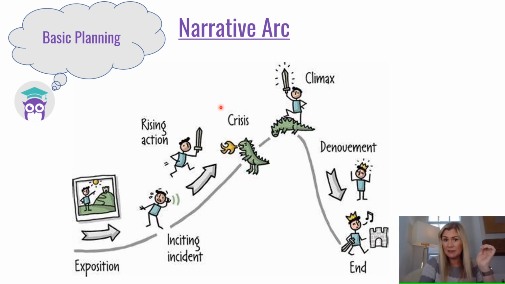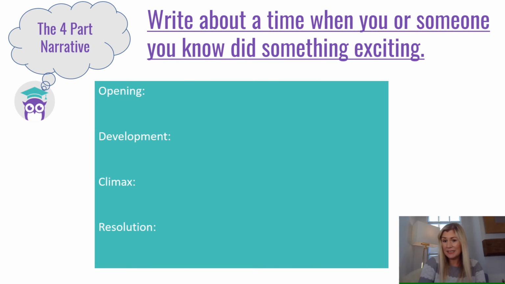Rising action that builds to a crisis, the climax of the crisis, and then all that is left to go is what we call the denouement, which is about reaching closure, tying up all the loose ends of the story. And this is your basic narrative: setting, development, climax, resolution. So when you're doing your planning, you need to think around 4 key areas that look a little bit like this. So when you're planning in the exam, or you're just planning because you're doing a bit of creative writing for yourself, try and just jot down a few ideas to hit these 4 basic stages: